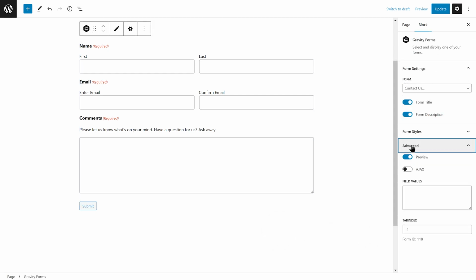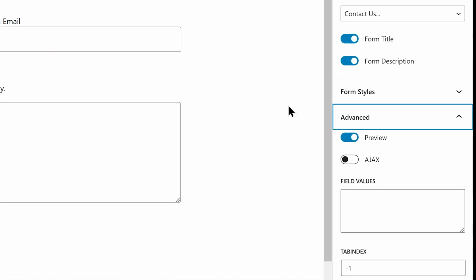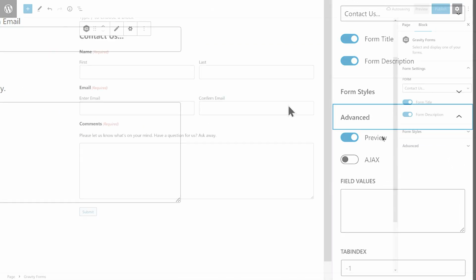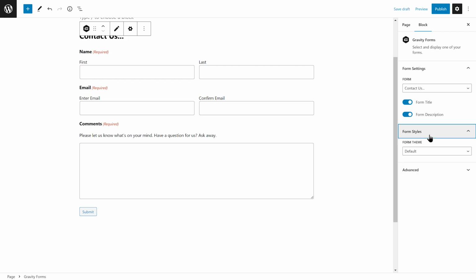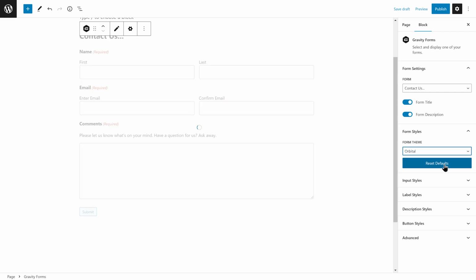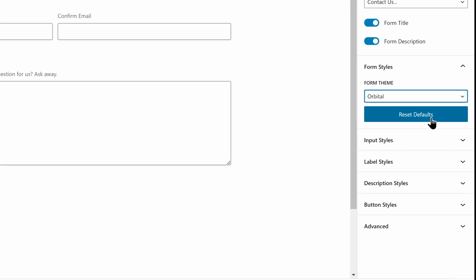Make sure the preview option is toggled on, that way you can see how your form looks as you stylize it. Then, underneath the Form Styles tab, set the form theme to Orbital. You'll then be greeted with several customization options that will let you fine-tune how your form will appear on the